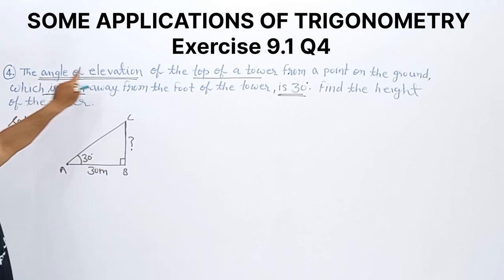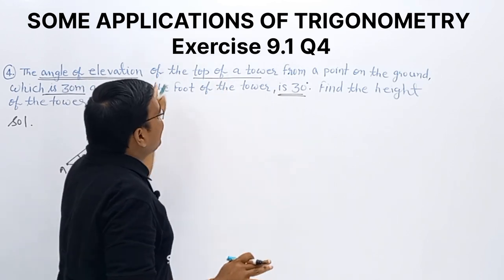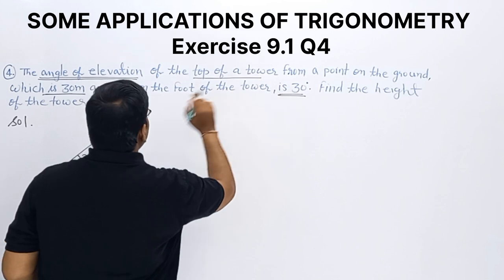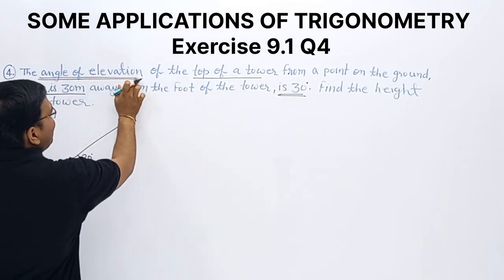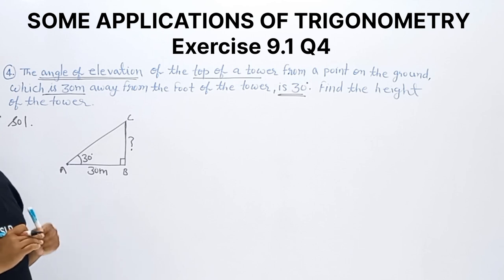How? The angle of elevation is 30 degrees. In between we are having some statement. What is this? Angle of elevation is 30 degrees. What is the meaning of the angle of elevation? It means